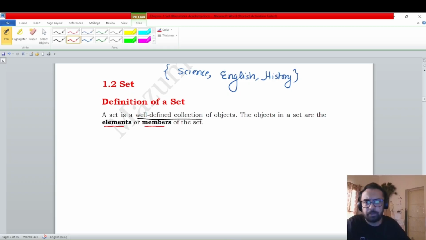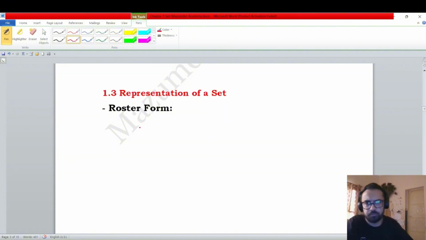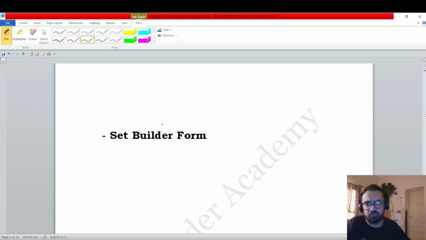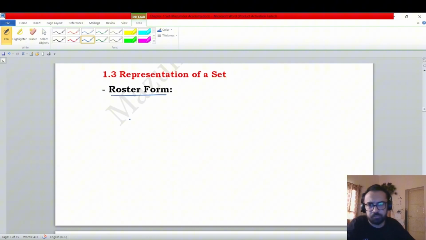Now we will move to the representation of sets. The representation of sets is in two forms. One is roster form, and another one is set builder form. So both the forms we need to understand, then only we will get to know how it works. So the roster form